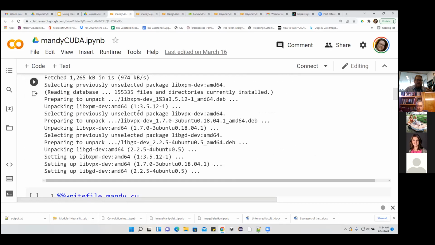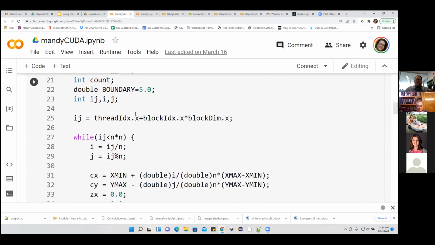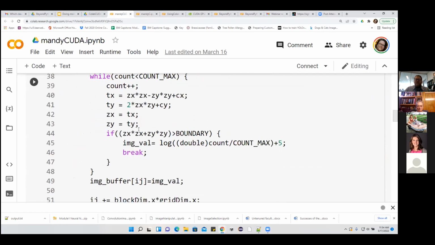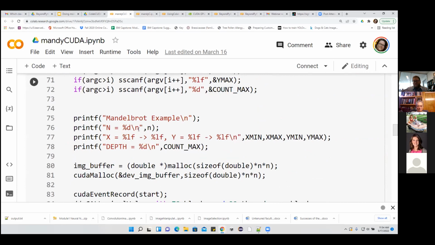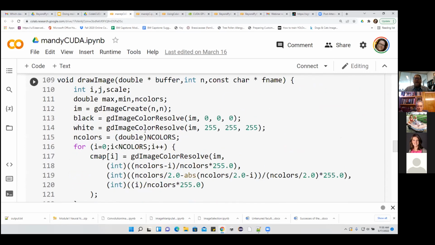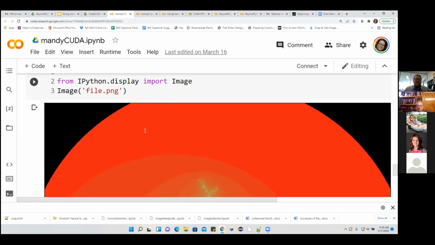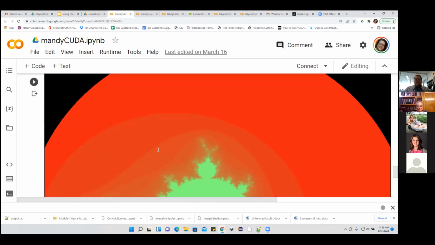The expectation is they would be able to take that pixel value routine, rewrite it as a kernel, think about how they're going to index it, what's going to look different about it, and what's going to look the same. They modify their main routine to handle device-based memory creation and copies to and from the device, to run it with an appropriate number of blocks and threads per block, and play around with that for timing purposes. And then tell me, okay, I got this to run. I ran this with slightly different settings, and this one took me, say, 254 milliseconds instead of 1 or 2 minutes